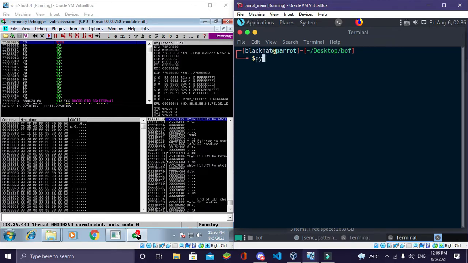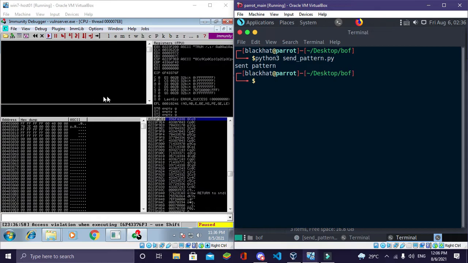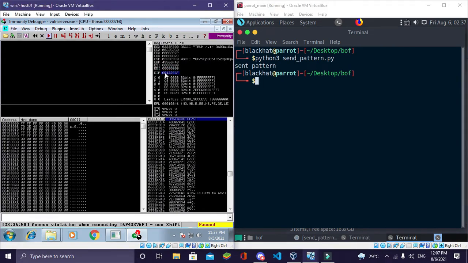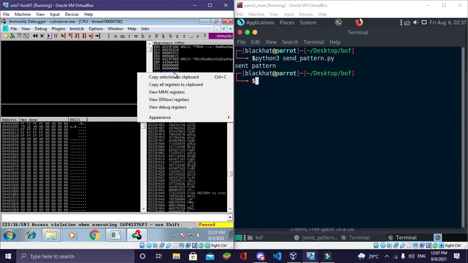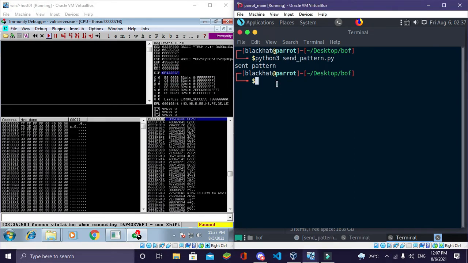To do that, run the Python script, python3 send pattern.py, and it crashes in a second. Now what we are interested in is this EIP value. We have to take this value. I'll copy it, copy selection to clipboard, and now we are going to need it to find the offset.